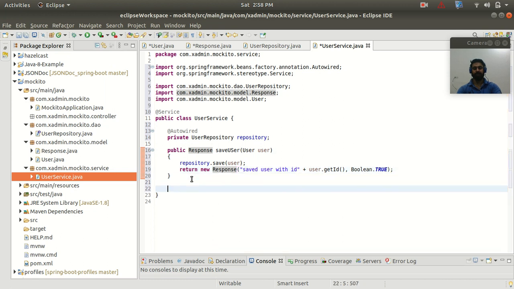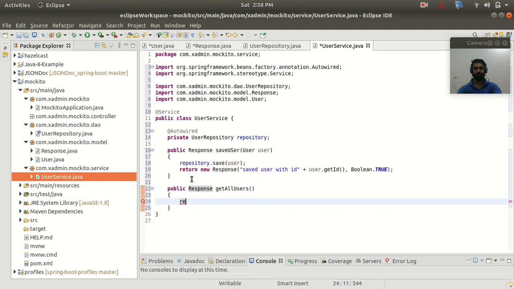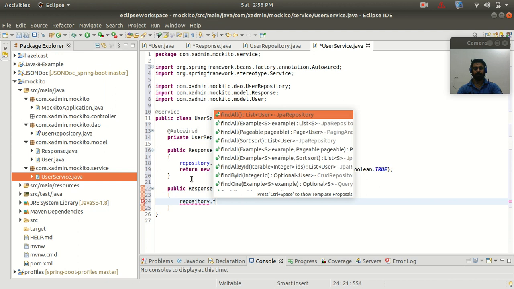So now let's write another method to get all the user objects from the database. Response is the return type, getAllUsers. In the return, or we can do like repository dot findAll method.